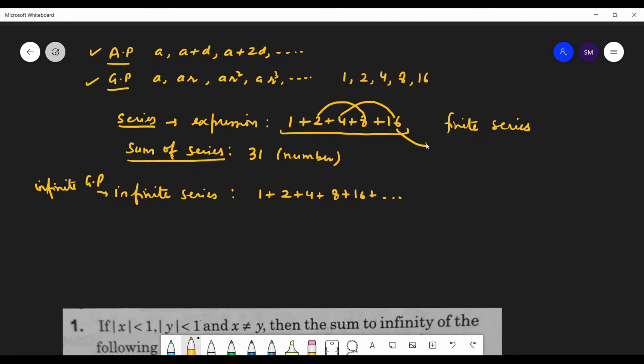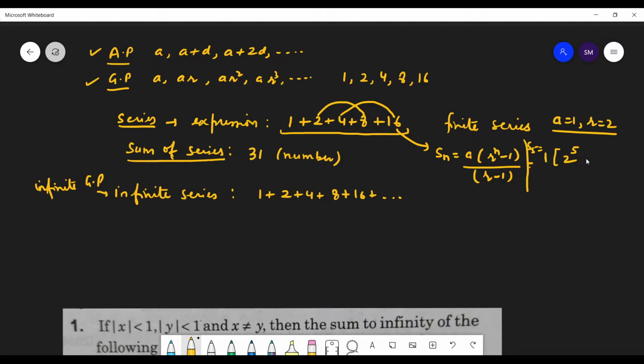For this series we have a formula also, the sum of n terms. Can you tell me the formula? Here a, yes. a(r^n minus 1) upon r minus 1. Very good. So put a equal to the first term, that is 1, students, and r is 2, which is the common ratio, raised to the power n. And how many terms are here? We have 5 terms, right? So S5 is equal to,